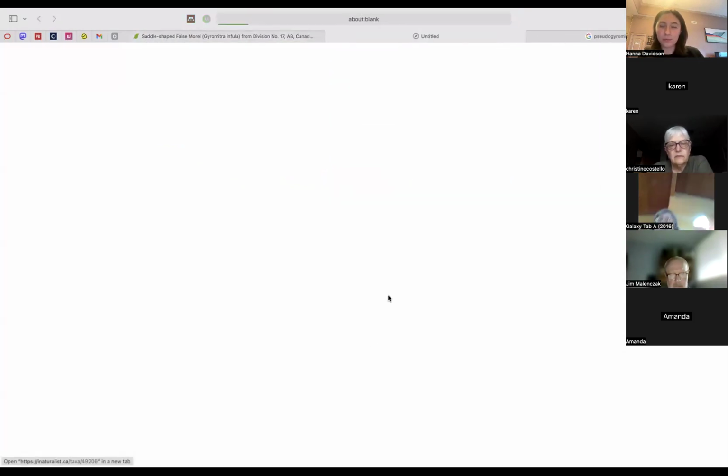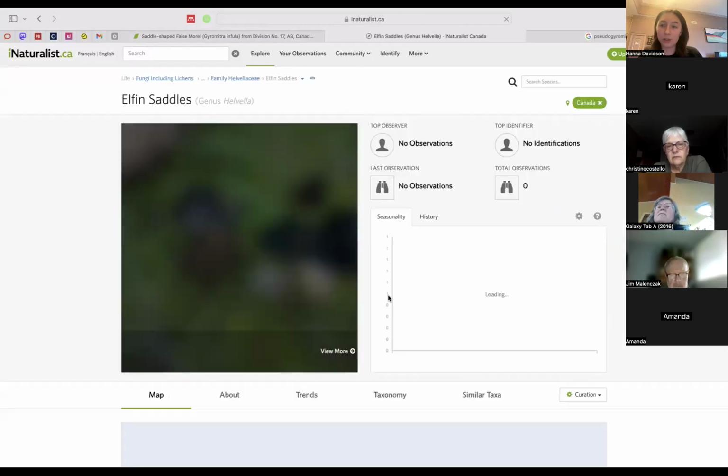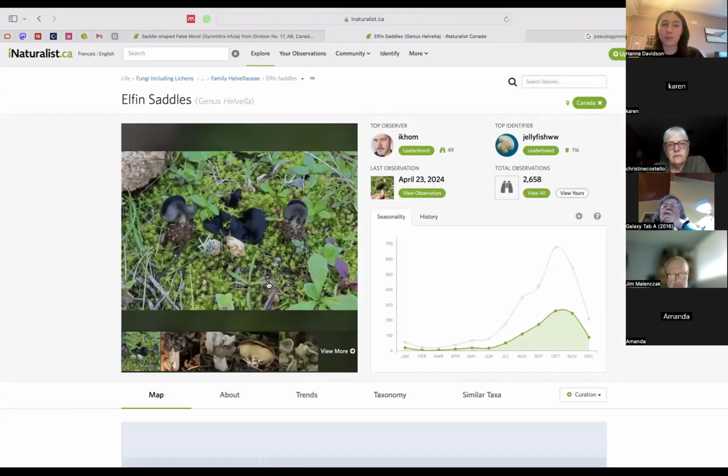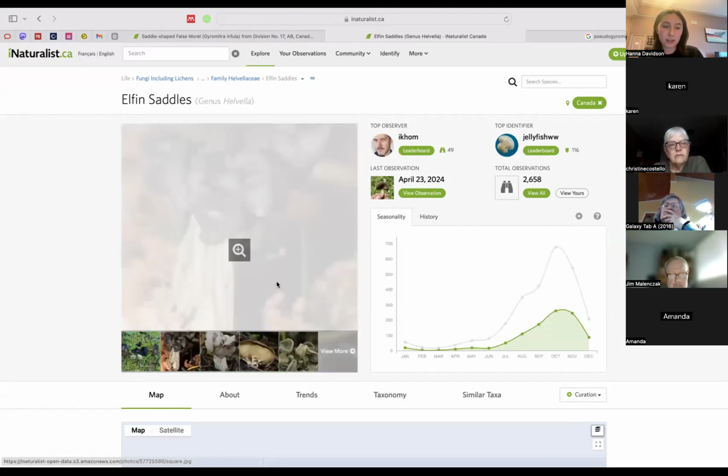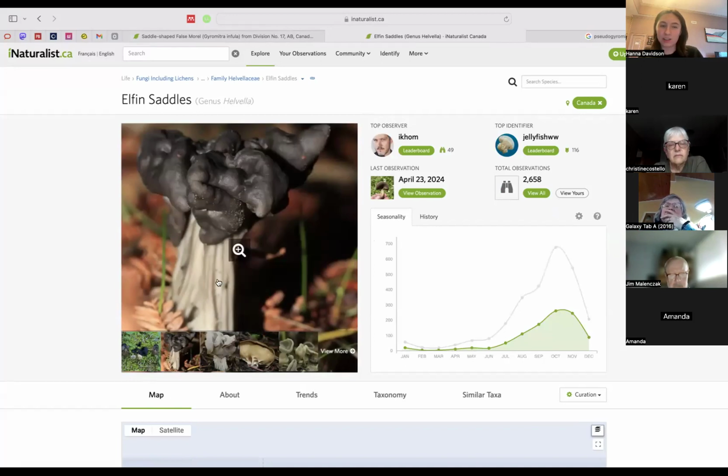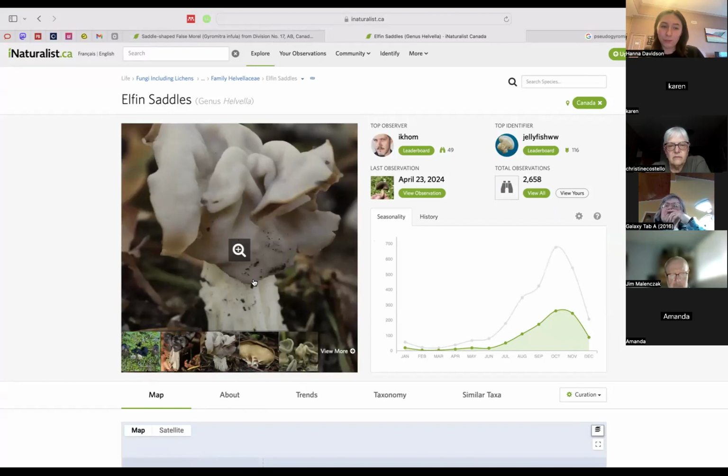click this view. It doesn't change anything on this person's observation, but it pulls up, like I said, those pictures that other people have kind of crowdsourced to be this genus. So we can see it has kind of the same white stem, but it's kind of like a Swiss cheese stem versus the other one looked more like a solid tube. It's a different color. They do look similar, but I do think the Gyromitra was probably a better fit for it. So I would leave it at that.